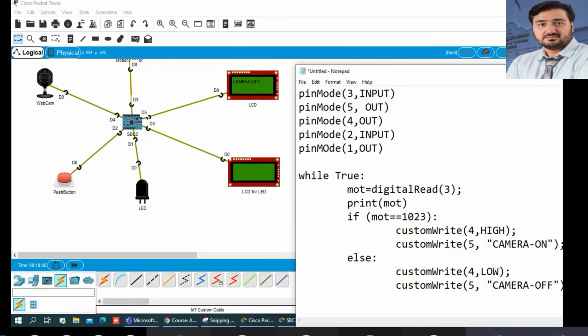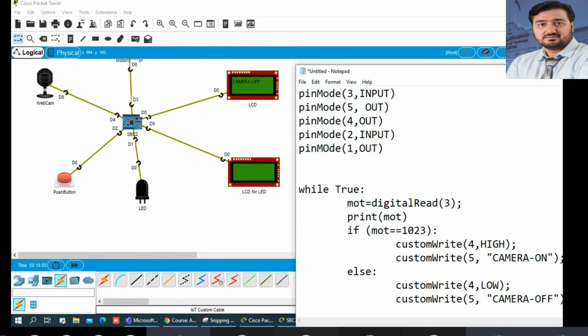So we write pin mode 1, output. Now here, this is D0, so pin number 0.